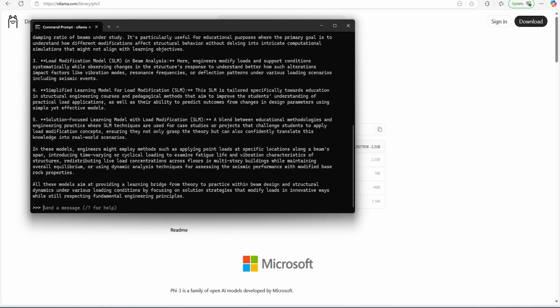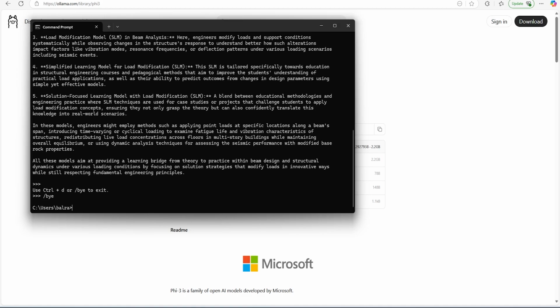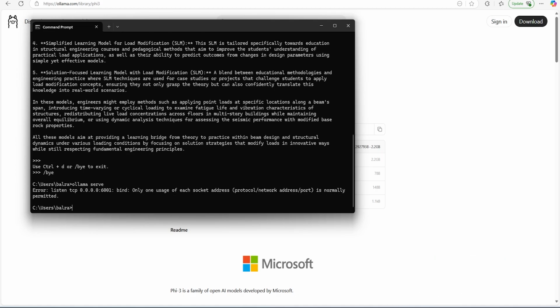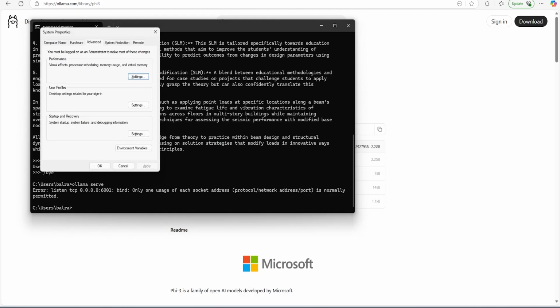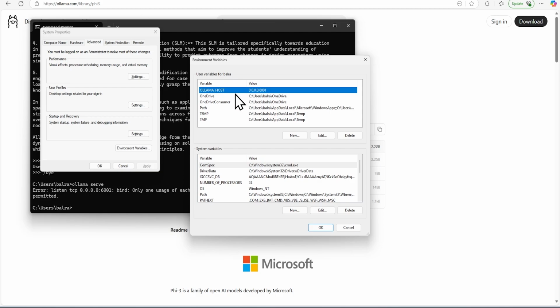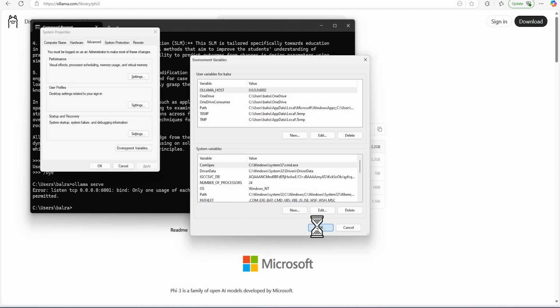And now if you want to customize and use this model, we can do that. If you want to develop any RAG based application or other things, we can use the web server where the API is available. So if we see that something is already running on this port, I will go into environment settings and change my Ollama host to something different, so that I can come back.